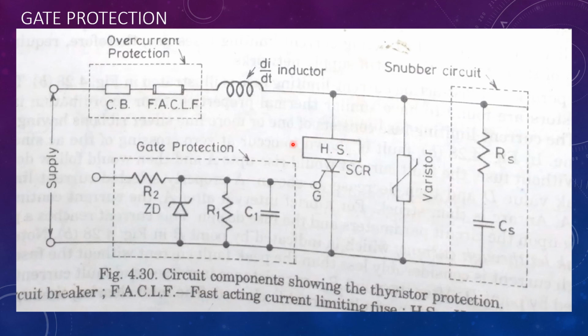Gate protection against such spurious firing is obtained by using shielded cables or twisted gate leads. A varying flux caused by nearby transients cannot pass through twisted gate leads or shielded cables. As such, no EMF is induced in these cables and spurious firing of thyristors is thus minimized. A capacitor and resistor are also connected across the gate to cathode to bypass the noise signals. The capacitor should be less than 0.1 microfarad and must not deteriorate the wave shape of the gate pulse.